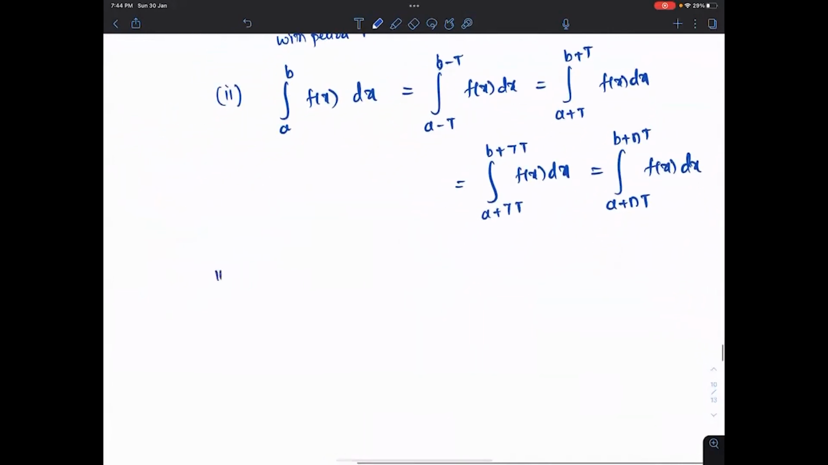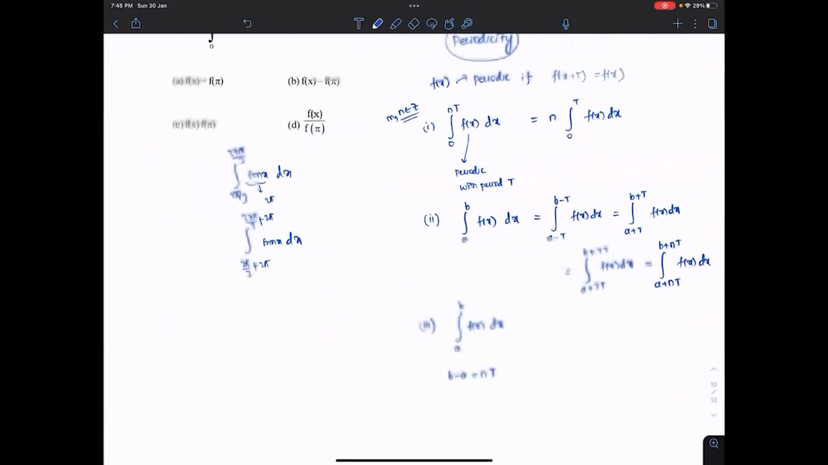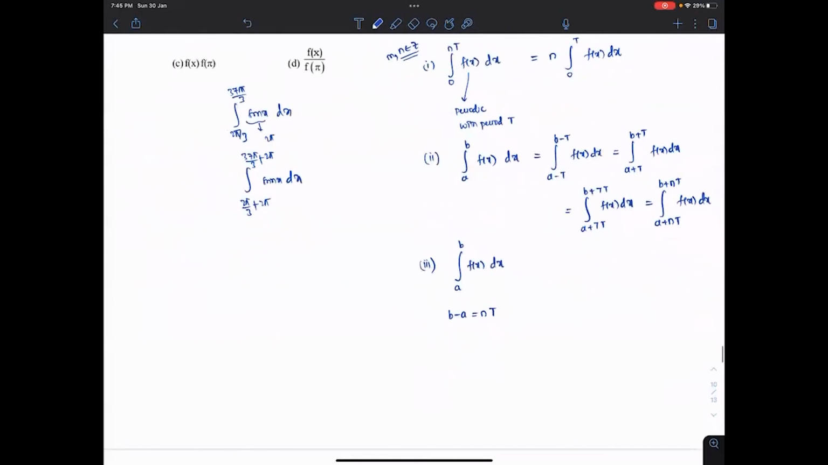Next one. Third one. Last one, but a very important rule. That is, if you have integration from a to b of f of x dx, and this b minus a, that is upper limit minus lower limit, is a multiple of the time period, for example, let us say integration